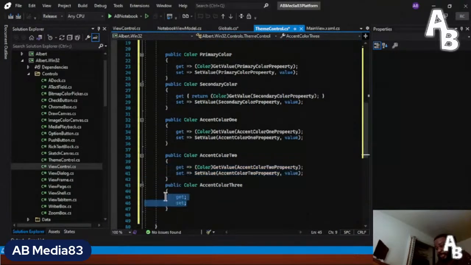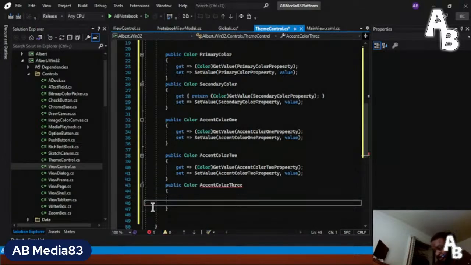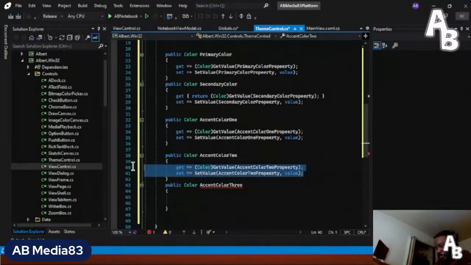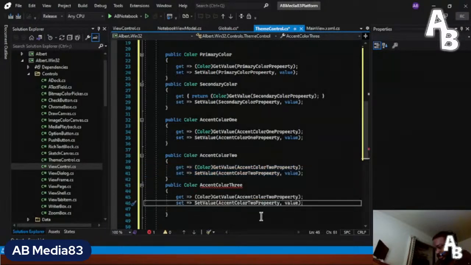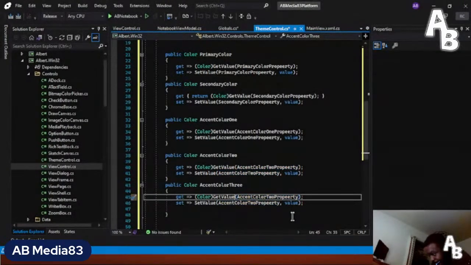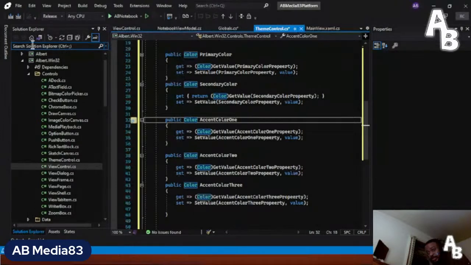Copy that, and we're going to paste. I thought we was gonna paste. Just a minute. Didn't paste, but let's try it again. Copy, paste. There we go. All right. And we're just going to change that to 3. And 3. And no errors. So right now, I'm going to